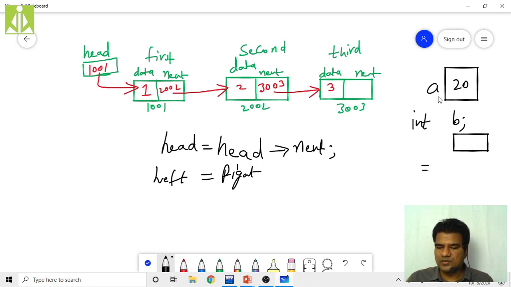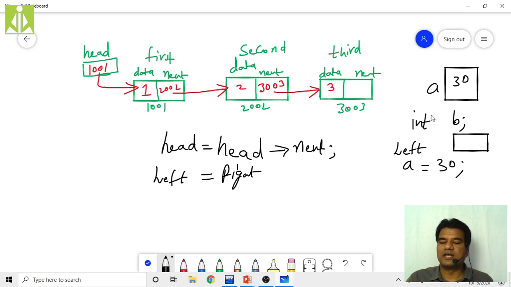Because if you use this variable a over here, what does this a represent? Is this a going to represent this 20? No, left side of the assignment operator it will not represent this 20. Rather it will represent this entire memory location. So if you do a equals to 30, then what will happen? This memory location's value gets replaced with that 30 value.